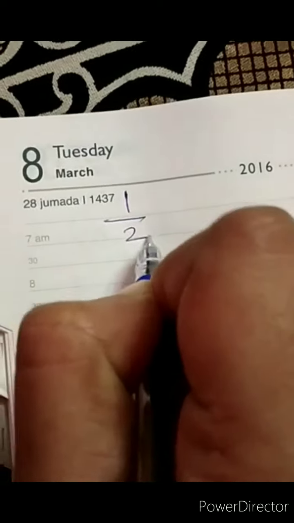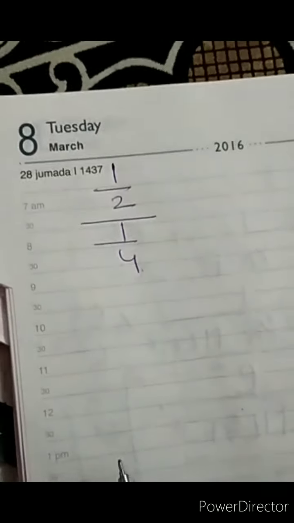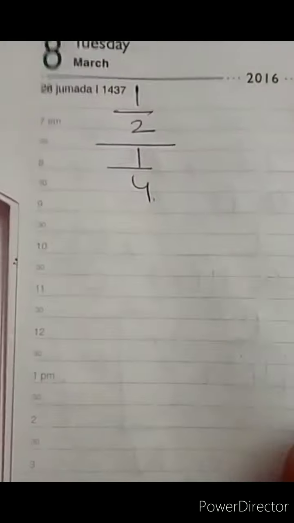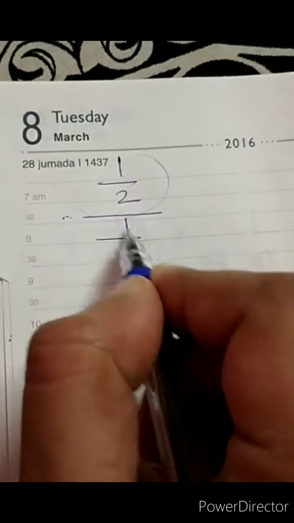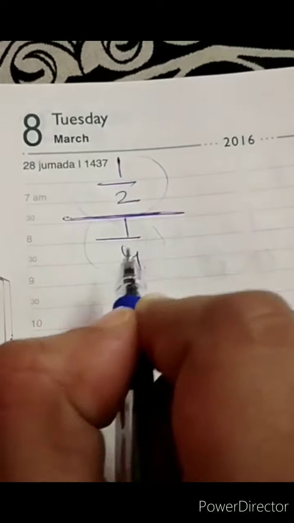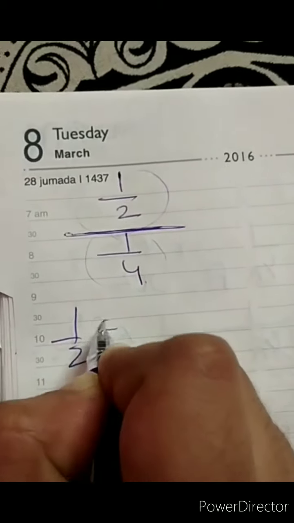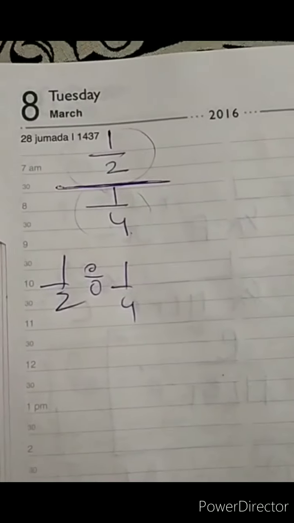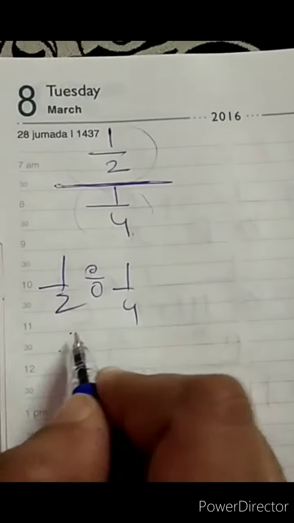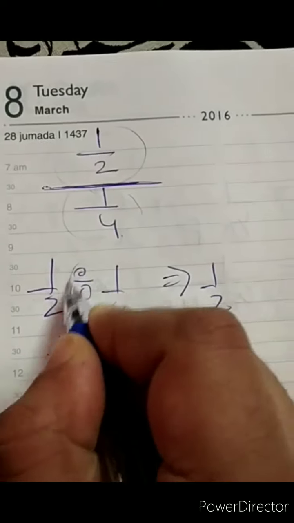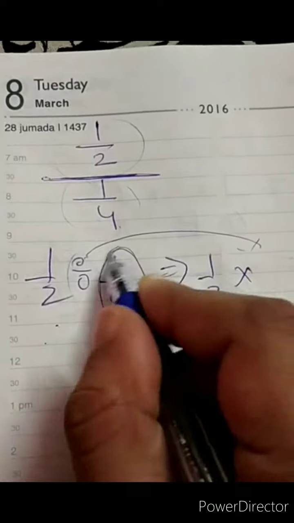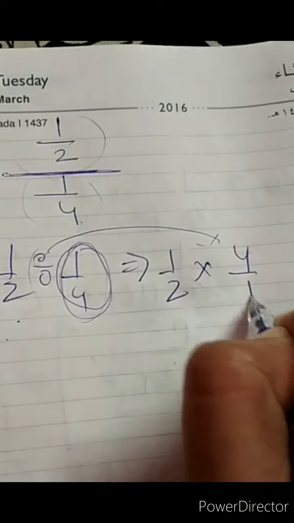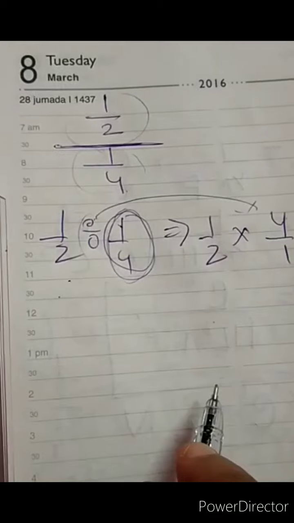Okay, so how will you take it? I just give you a very simple example. For example, if you have 1 upon 2 and 1 upon 4, how will you solve this part? Look, this is numerator and this is denominator, and it has a line. This line is called the divide line. And in maths we have a rule: if you change divide to multiply, then this number gets reversed. Okay, so we have this.